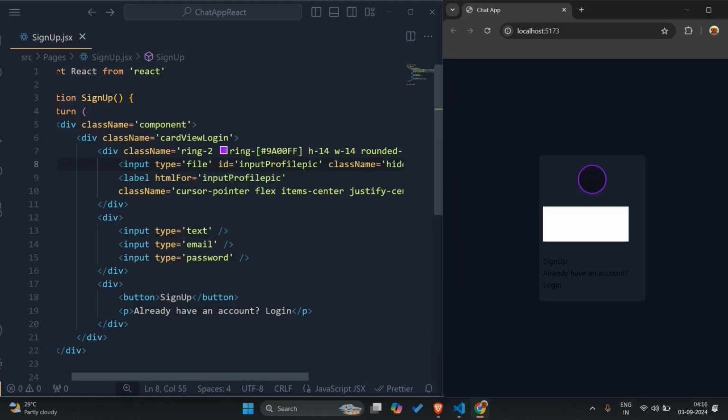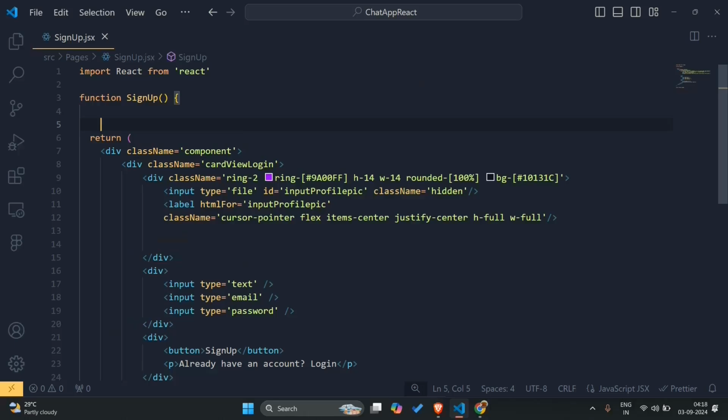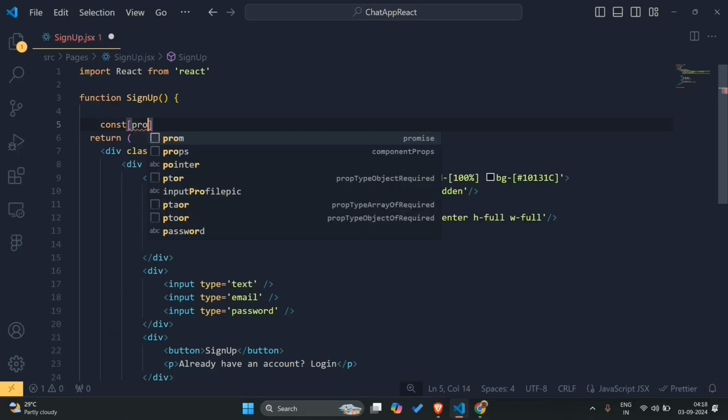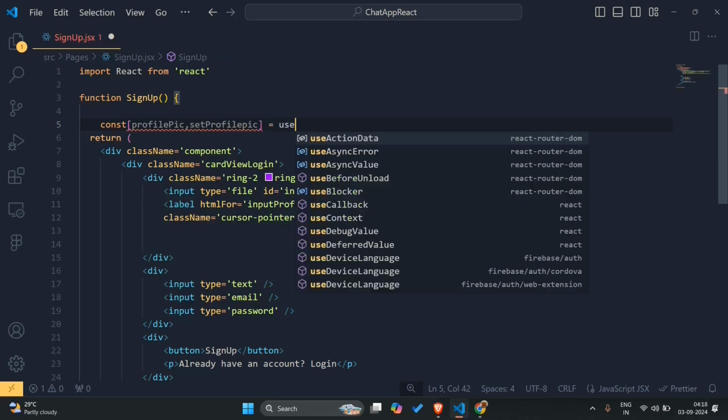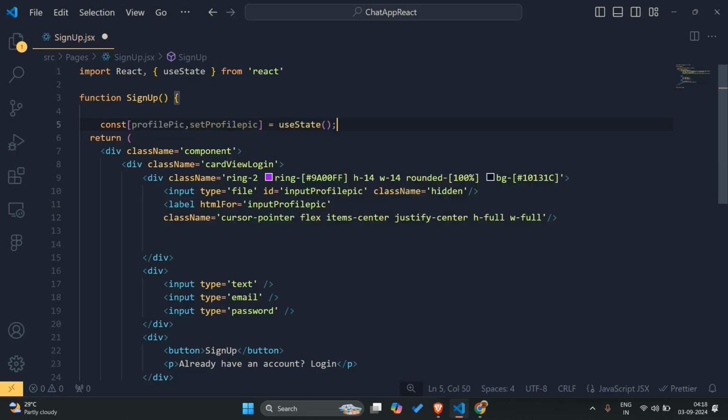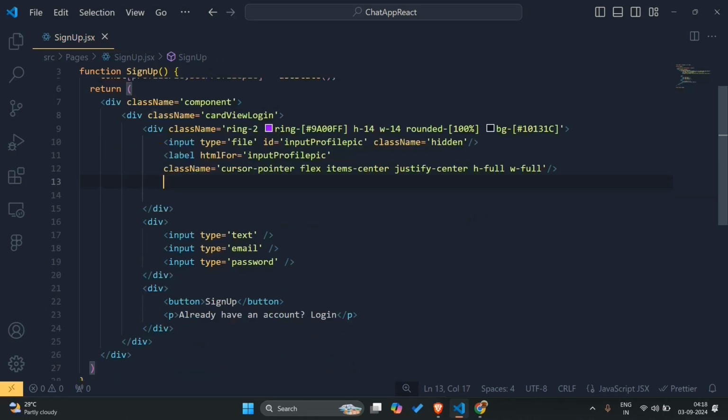Now this is the important part. Copy the input profile pic and paste in the ID of input file. Now this is gonna act like the file input. So make a useState: const profile pic, set profile pic equals to useState, and here